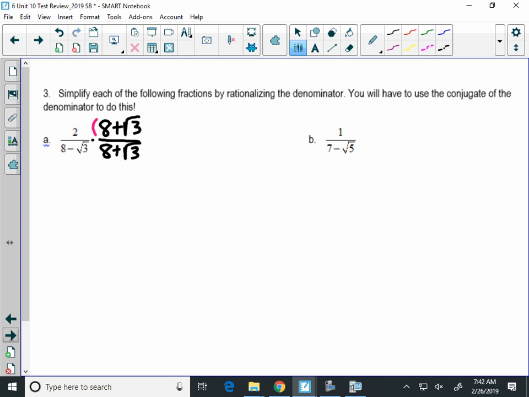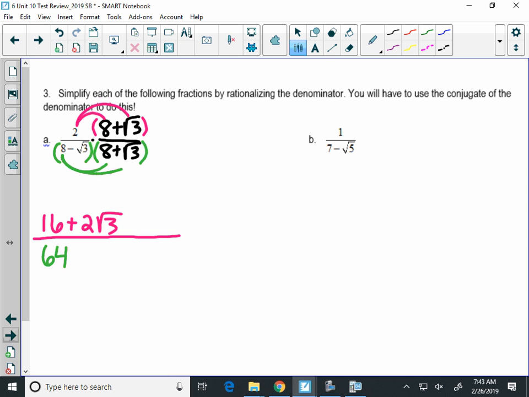So remember, in the numerator here, you need to take the 2 and multiply it by both the 8 and the radical 3. So that will become, 2 times 8 is 16, plus 2 radical 3. Now I'm going to write the denominator out the long way. I suggest putting the denominators in parentheses so that you can double distribute here. 8 times 8 is 64, plus 8 radical 3, minus 8 radical 3, and then negative radical 3 times radical 3 simplifies to be minus, because it's a positive